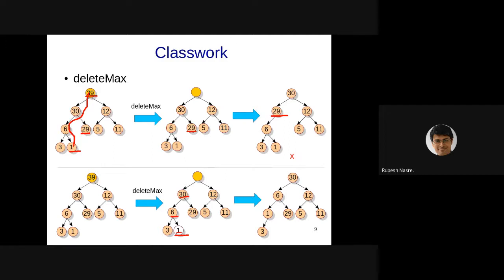Right. So as some of you have already observed, this is not again the correct way. We are satisfying the structural property now, but we are missing out on the heap order property. So 6 and 12 are smaller than 30, so that part is okay. But now 29 is larger than 6. This is not what we wanted a max heap to be. This 1 is smaller than 6, but as far as 3 is concerned, that is larger than 1. This is also dissatisfying the heap order property. So again, this is not a heap.